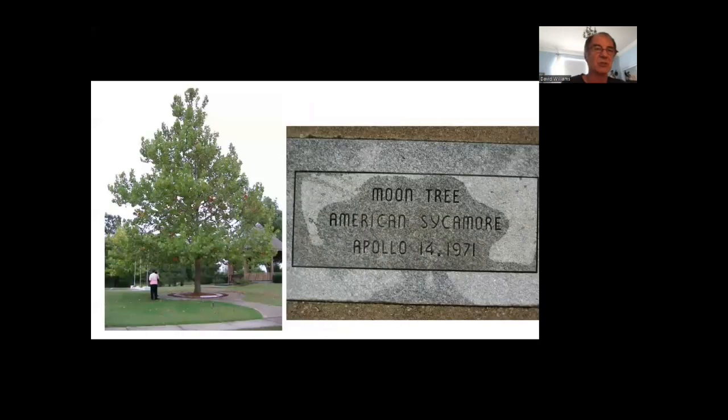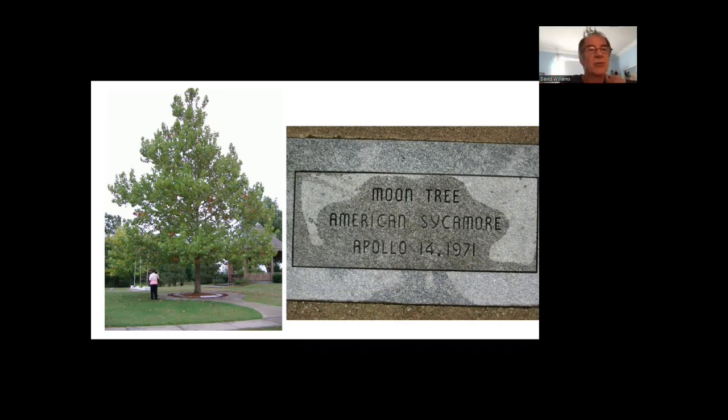So I will start with, and this is actually one of the things that touched me the most, and one of my favorite stories turns out to be your nearest tree in Atchison. It's at the International Forest of Friendship, which is basically a tribute to aviators. And what they did was they planted a moon tree there. You can see it's American sycamore. Around the base of it, you can see that there's little stones, and they all have names of astronauts. So these are tributes to all the astronauts who've passed away around this tree. And yeah, you see it's a nice big healthy tree. A lot of people visit it.